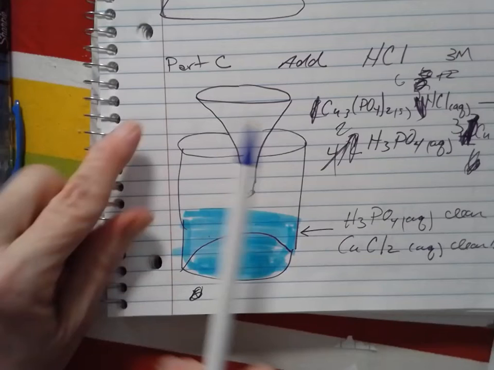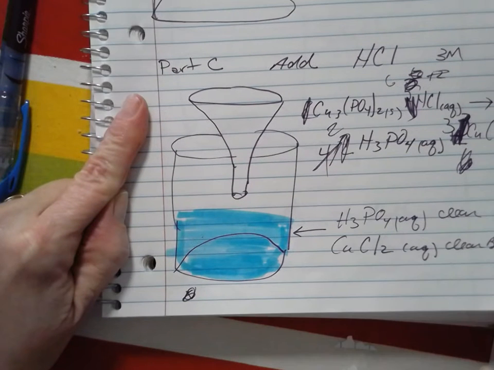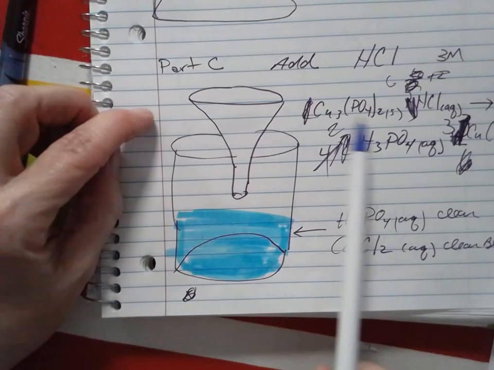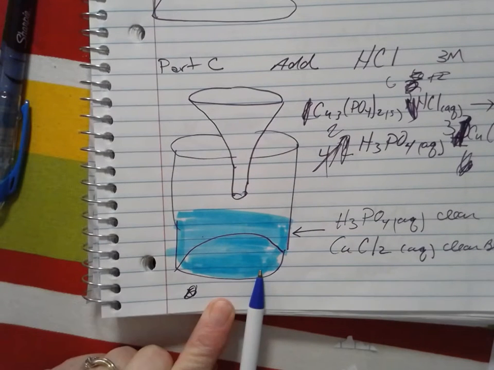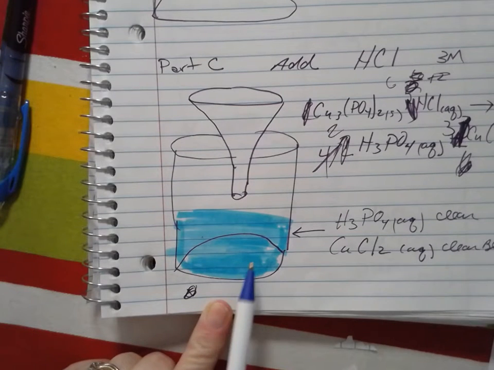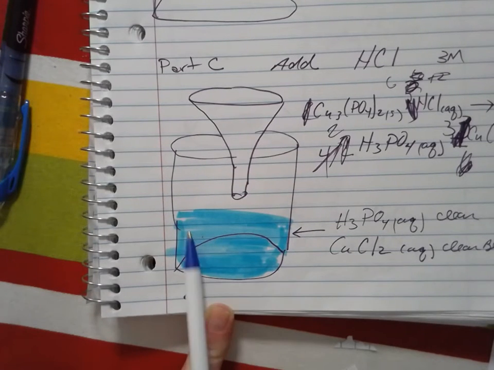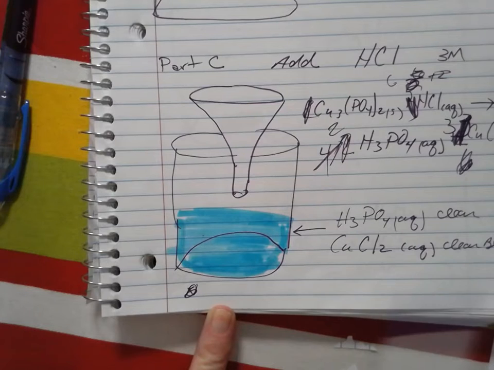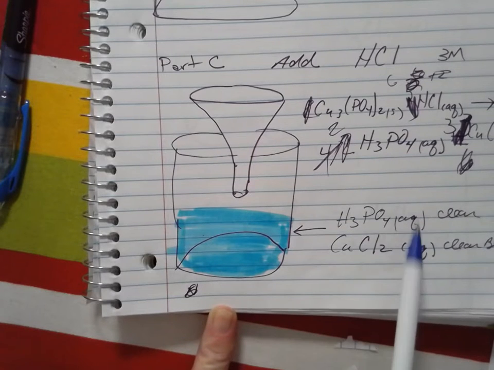Then the next part, you added hydrochloric acid to it. When you did that, that hydrochloric acid reacted with that copper 2 phosphate, and you ended up with copper 2 chloride down here. So now your bucket contains this blue copper 2 chloride, and it also has some leftover stuff from this reaction. It could have some phosphoric acid in here,